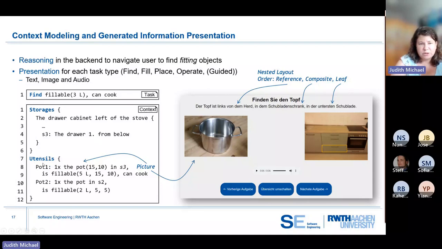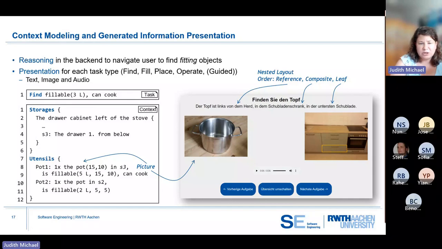And in the support component, we then put this information together. So we guide the user so that he's able to find the pot in a certain place, which is here in the kitchen, and it defines in what certain place he's able to find this pot, which is the first drawer from below in this case.